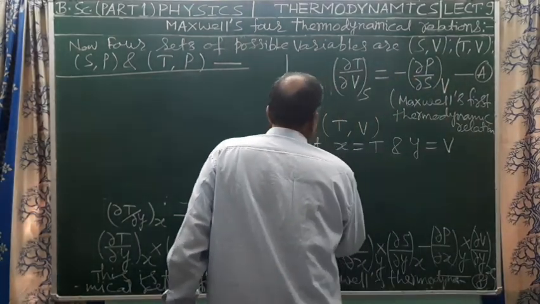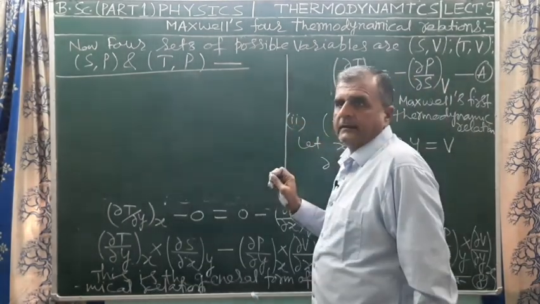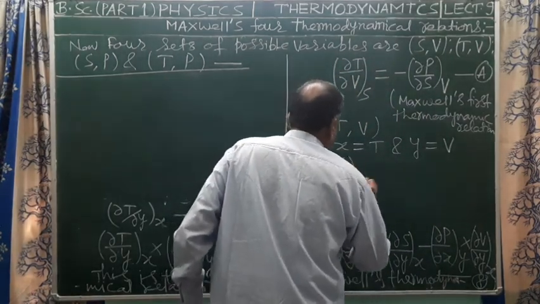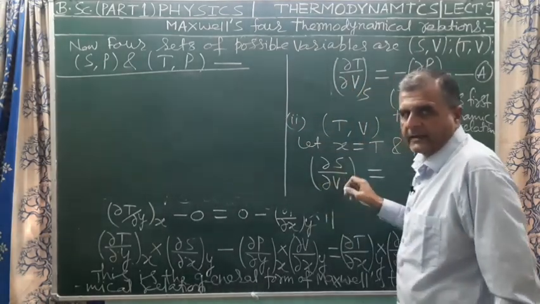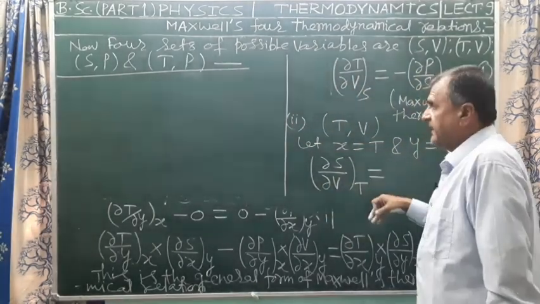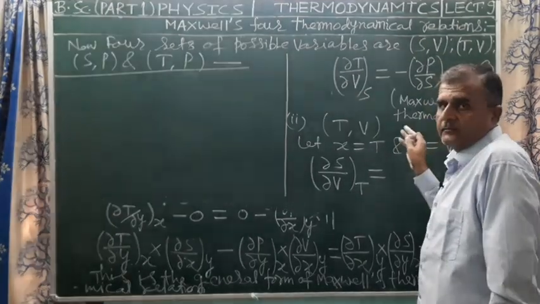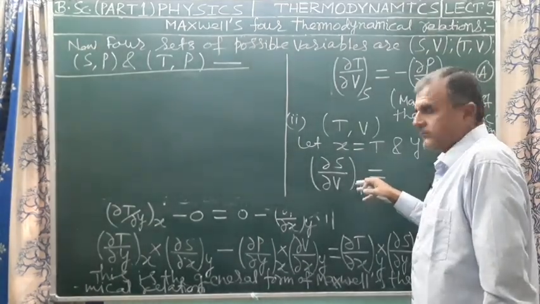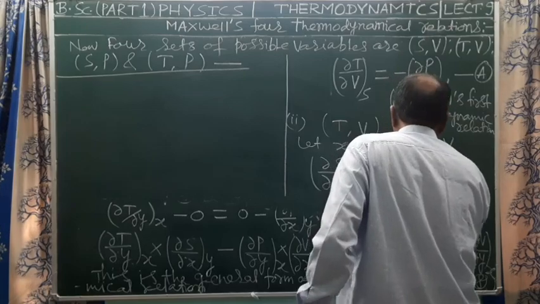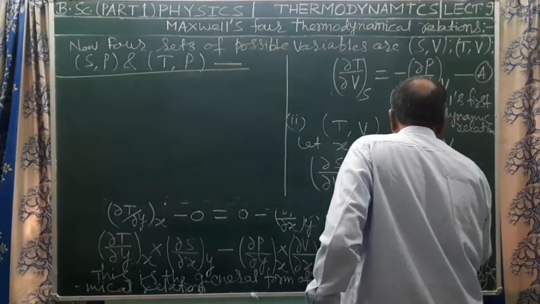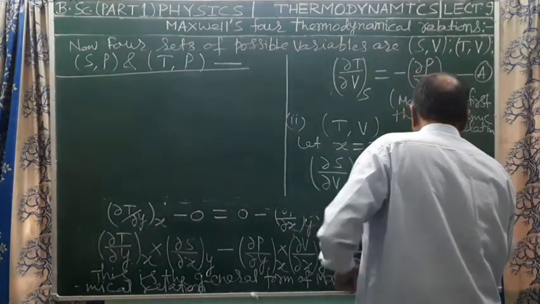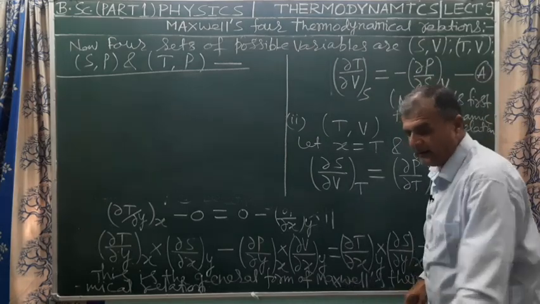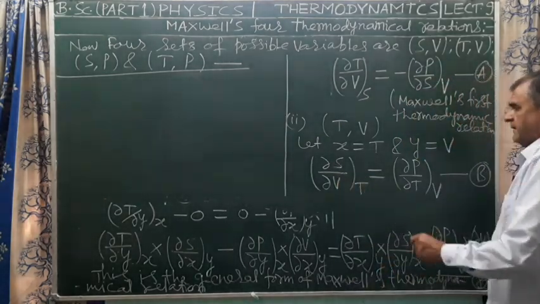This is the final relation we obtain by a similar process as we obtained equation A, Maxwell's first thermodynamical relation. So del S upon del V at constant temperature equals del P upon del T at constant volume V. Suppose it is equation number B, Maxwell's second thermodynamical relation,